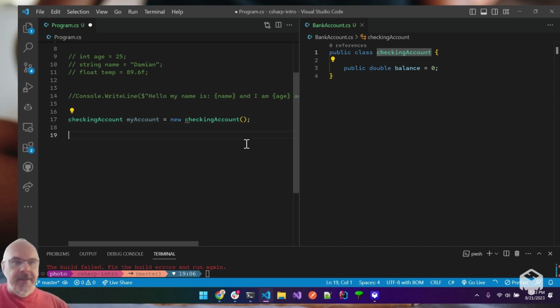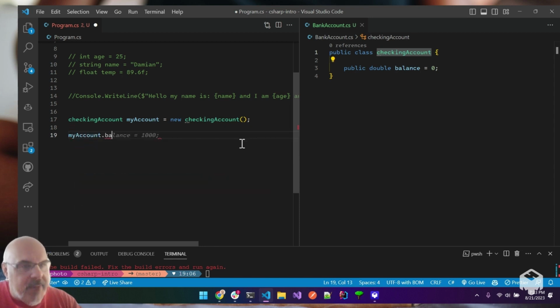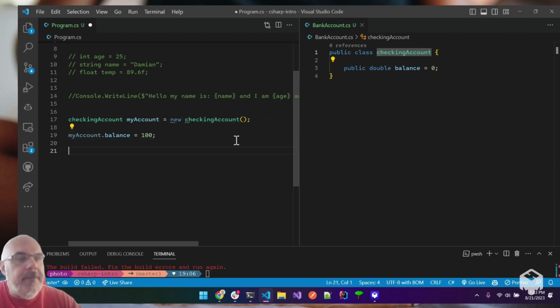And this bank account has, so my account, it has a balance. And I'm going to say, let's just go with what it's suggesting. It has a balance of 100. And then I'm going to go